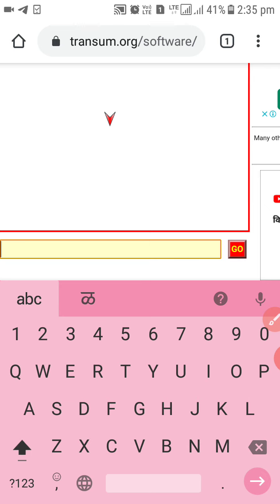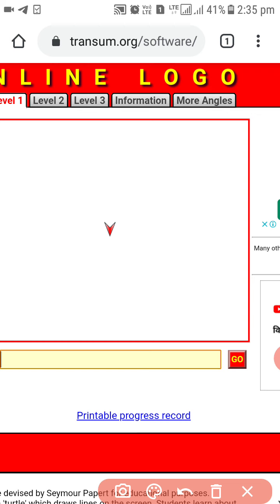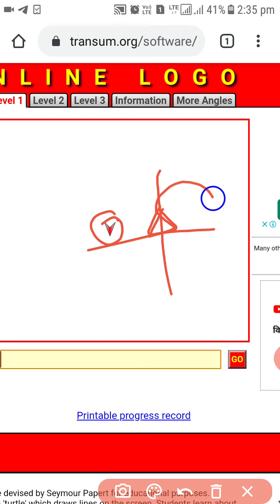I will show you how to rotate the turtle. So let us see. Right now the turtle is like this. Now it is actually facing at the bottom, but suppose that turtle is like this. When we write the command RT 90, it will turn 90 degree at its right.